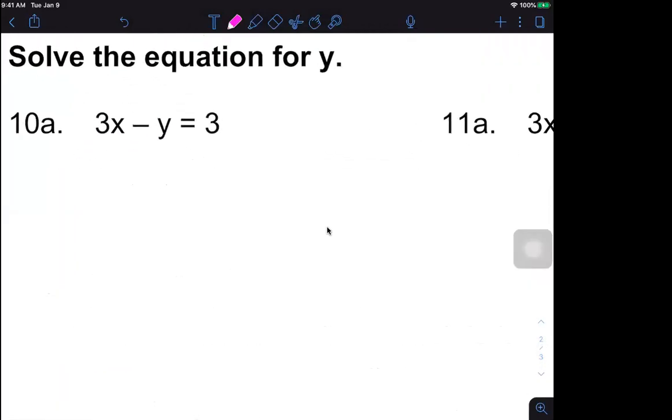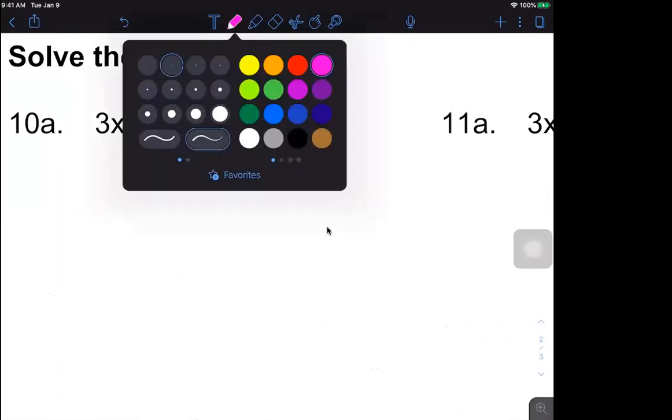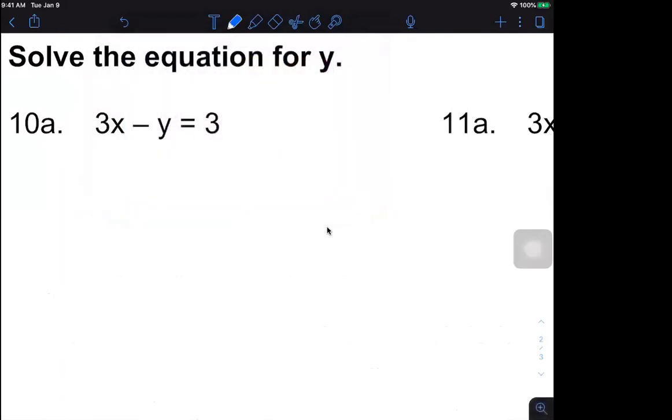So first we're going to solve for y. What's the first step we're going to do here? TJ? Subtract the 3x from both. Good, you subtract it from both sides. 3x's cross out. Now we're left with, make sure you bring down that negative there, okay? A lot of times you might not remember to bring that with you, but it's very important. You bring down that negative y